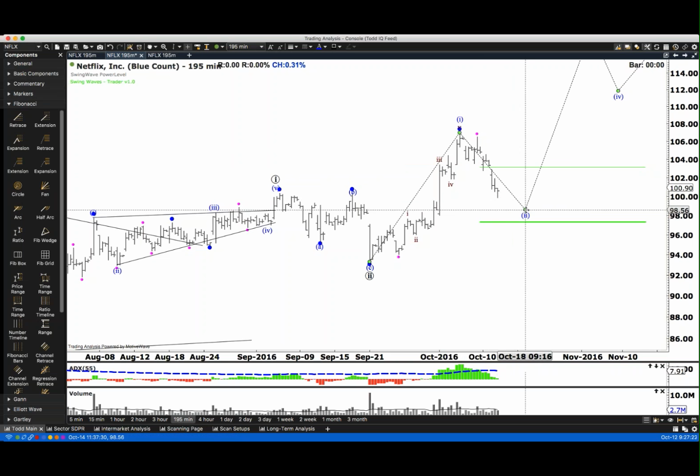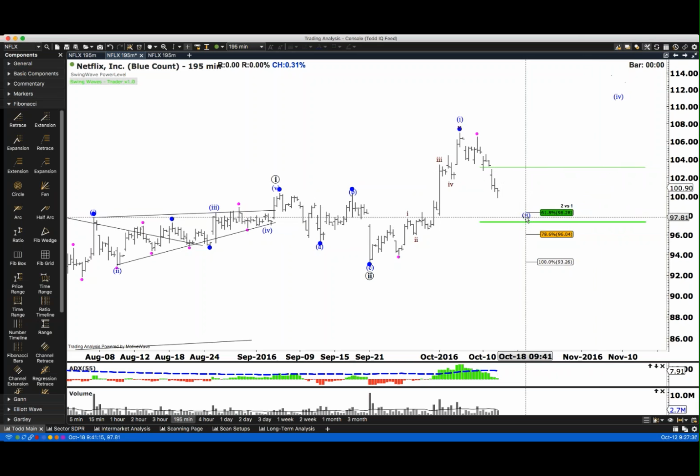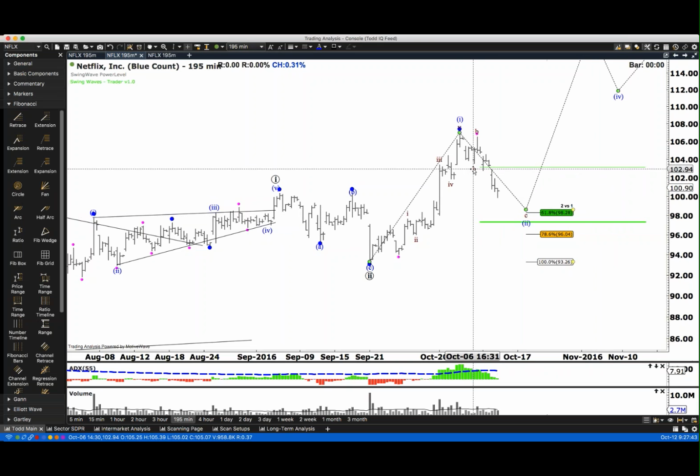As we pull back here in wave 2, the minor power wave buy level is 103.14. The major is at 97.40. That's a pretty good zone there, 98.28 to 96.04 with the major buy wave right in the middle. So I think Netflix would be worth a scoop against a very oversold stock market.